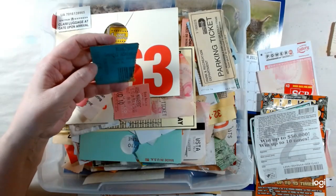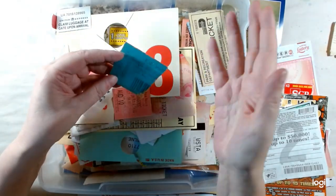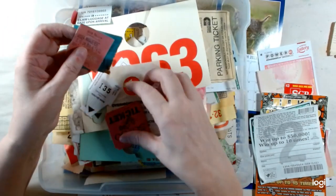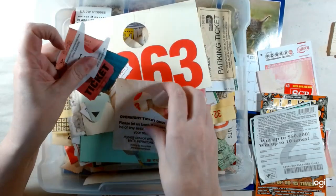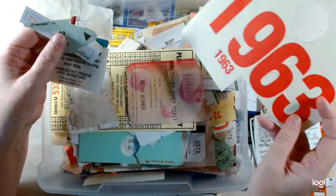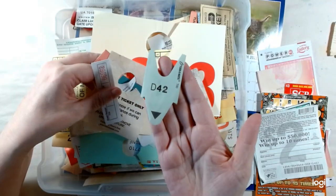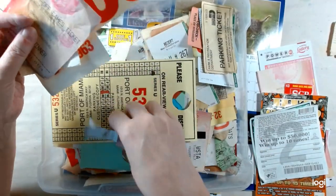So that is ephemera. It has a short purpose. It doesn't last for very long. But a lot of people like to keep ephemera for memory purposes in scrapbooks or whatever. They like to keep little mementos for events or things that they've done by keeping things like tickets or whatever comes with that event. There are all kinds of different types of tickets. I keep everything, valet tickets, tickets that you get at the grocery store for the meat counter, parking tickets or dry cleaning tickets,